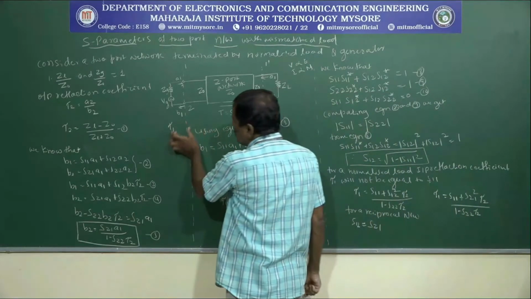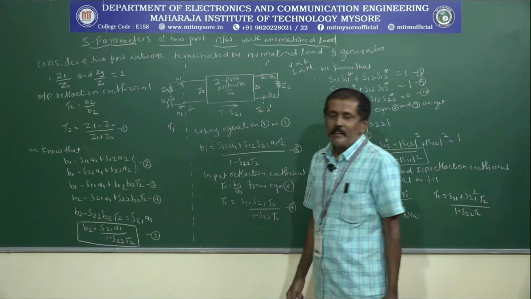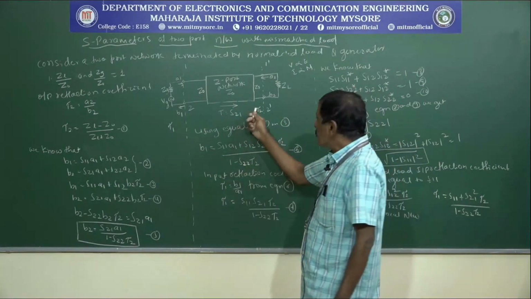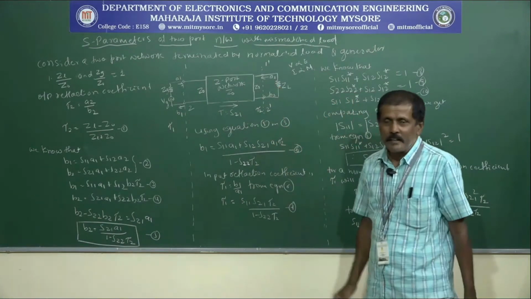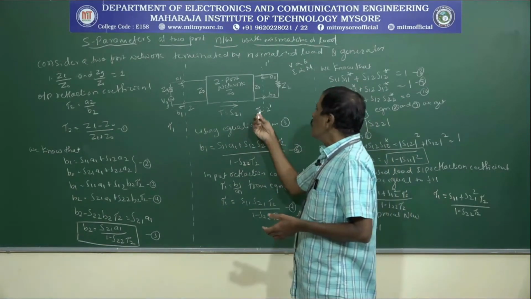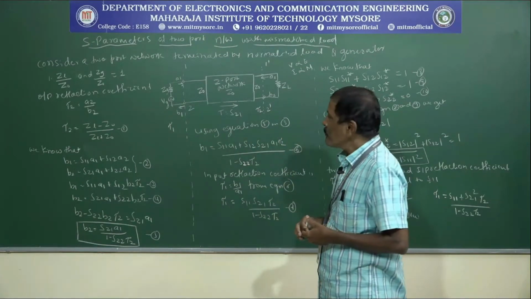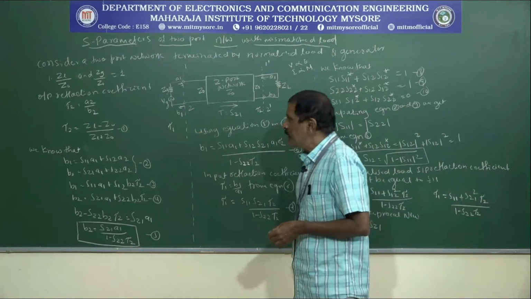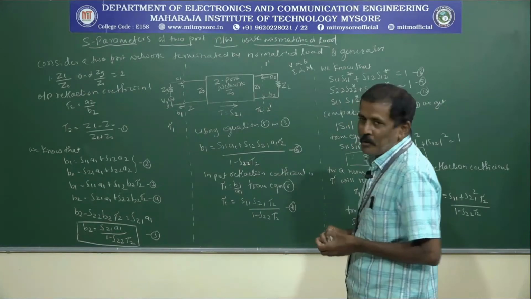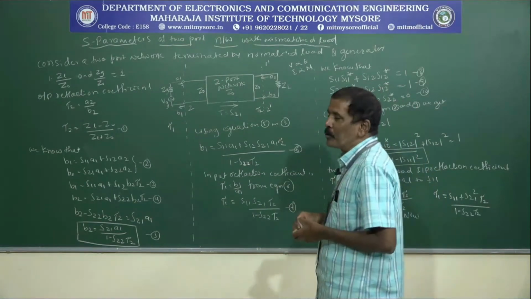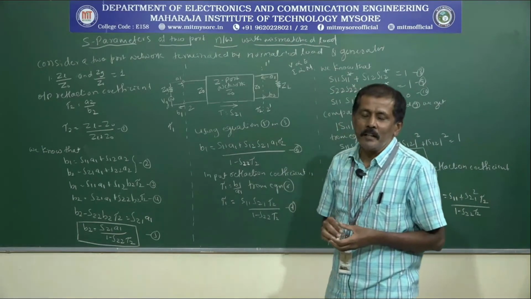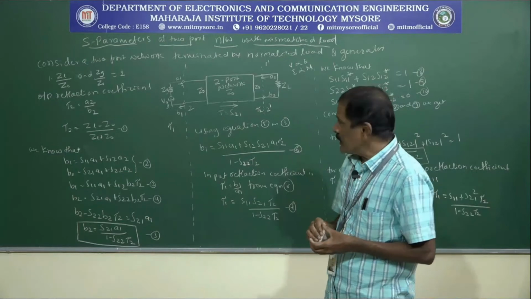The reflection coefficient which is occurring at the input side is known as the input reflection coefficient, that we represent by Γ1, and the reflection coefficient which is occurring at the output side is called the output reflection coefficient, and we will call it Γ2. Now, we have to calculate what are the values of this Γ1 and Γ2. And this Γ1 and Γ2 will tell us that, due to this mismatch, how much amount of reflection coefficient we will get.